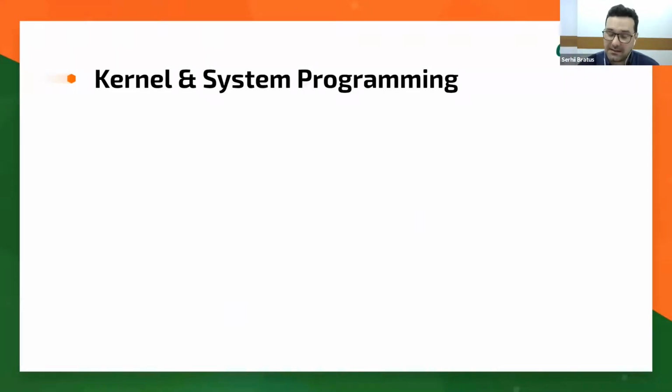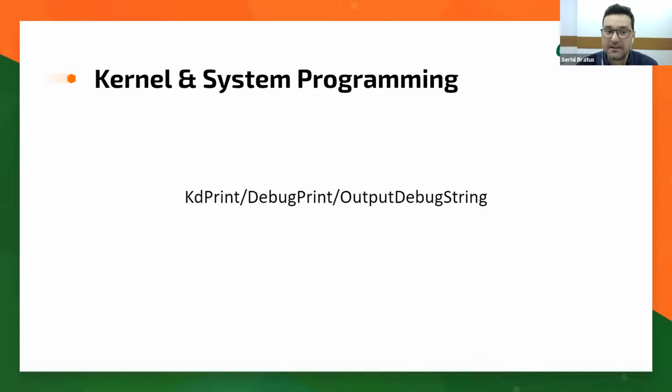over that layer, because when you are programming, you can implement everything. And let's talk about kernel and system programming. You can always add something to measure the execution time. But if we are talking about kernel and system programming, sometimes you need something else that is kernel specific. And those things are KdPrint, DbgPrint, and OutputDebugString. From kernel mode, you can use KdPrint to see the output from the benchmark libraries that you either wrote or used in your kernel mode.